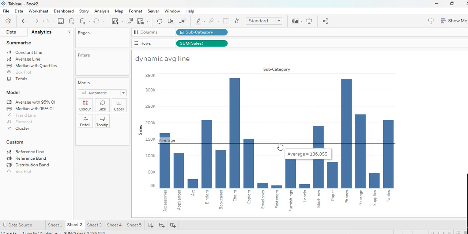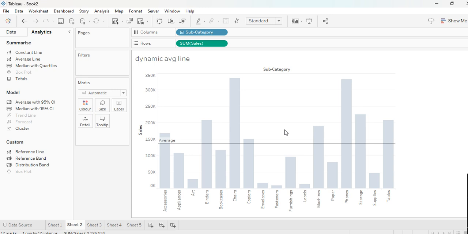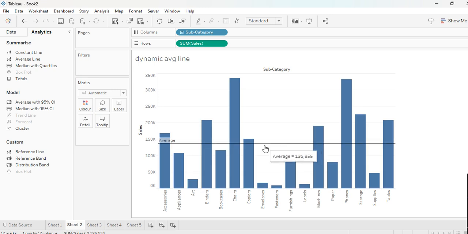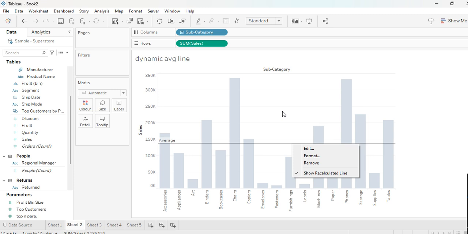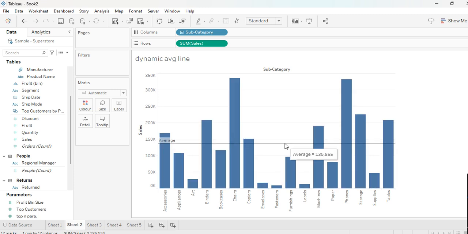Now this average line is fixed, but I don't want to fix it. I want a dynamic average line. Whatever value I put into the parameter, the average line should show me the average line of that value. So right click on this